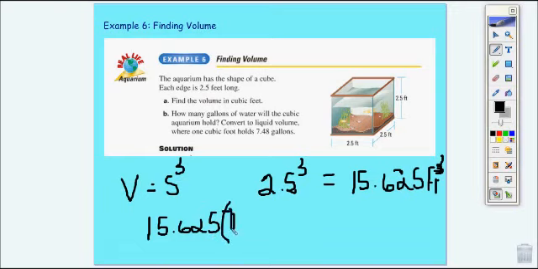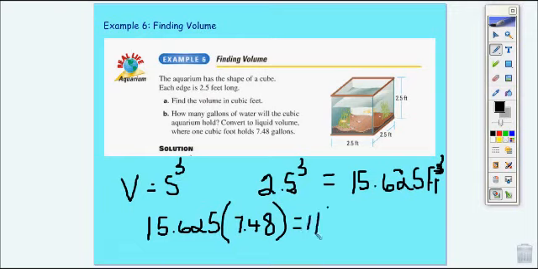When you hear the word each, that means multiplication. So 15.625 times 7.48, and again, I'm looking in the book. You would just simply plug that into your calculator. Your answer would be